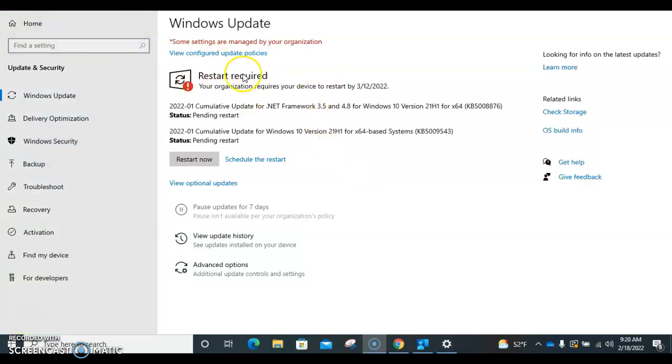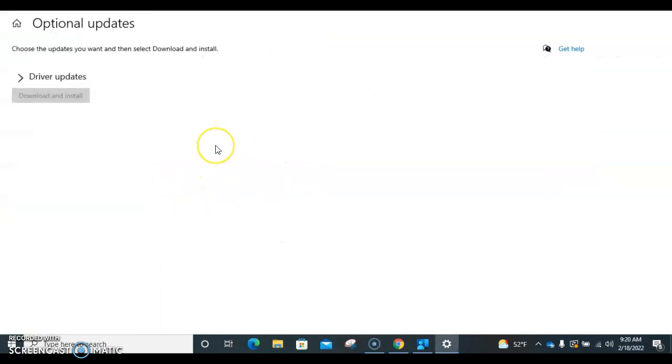And then you can see that I have already updated two things, but usually it's going to say check for updates, and you're going to check it. And then if you need to restart, you need to do that as well. If you see down here where it says View Optional Updates, you click right here,